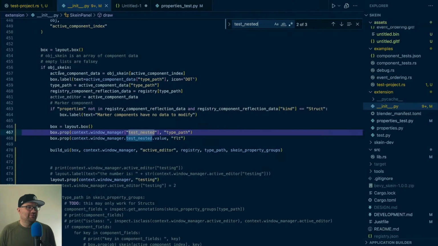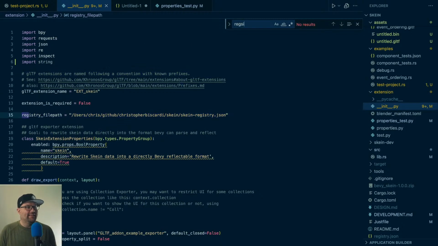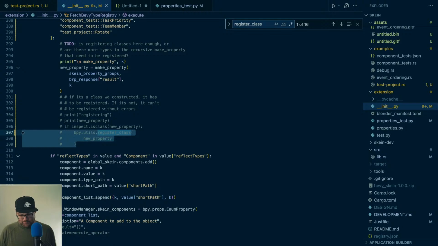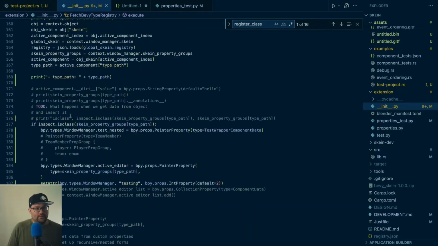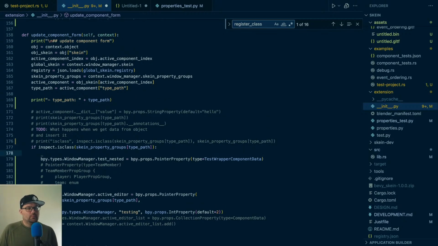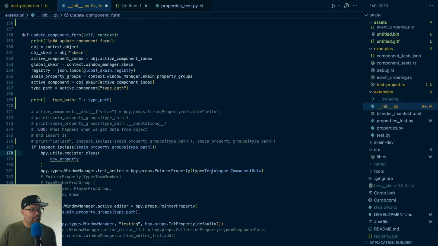Are those registered too? No, of course not. Why would I remember how to register anything? Register class bpi utils. Of course I didn't register them. Why would I register them? We can register them anywhere. And I do know that. It wouldn't be that amazing to do it every time we called this. We don't really need to, but